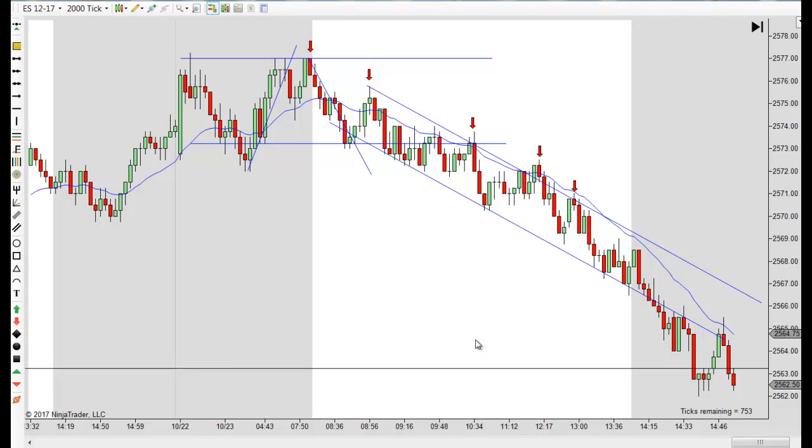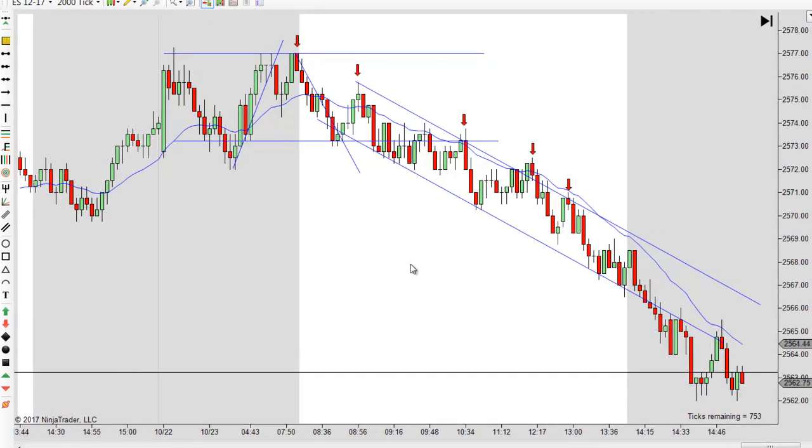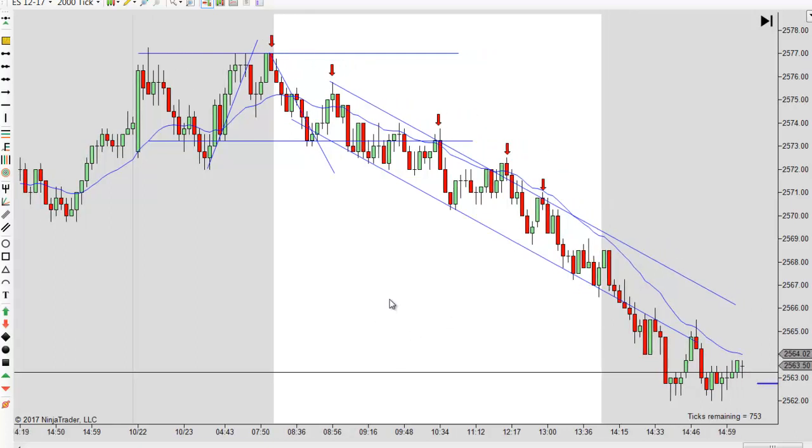We had some pretty good movement today. There's still not a lot of trades here, but these were all relatively easy trades. Especially once you add this trend line, you definitely want to take these two off that trend line. It wasn't a real difficult day, and we did get some pretty good movement, but most of the real heavy movement came late in the afternoon, and there really wasn't a good entry after that point